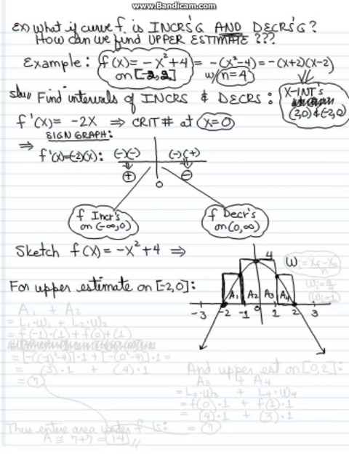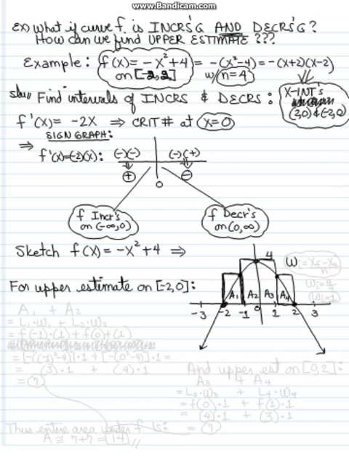The way you do that is take the first derivative of the function, you get negative 2x, get your critical number, that's x equals 0, use it to partition a number line of x values, and discover the intervals on which the derivative is positive, in other words, where the original function is increasing, and the intervals where the derivative is negative, those are the regions of the x-axis for which the